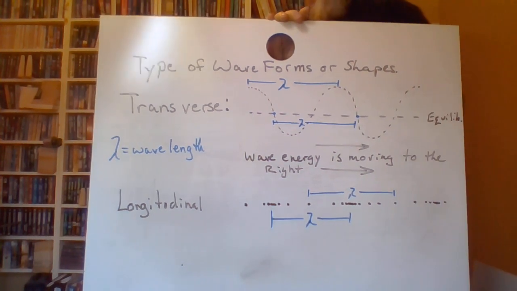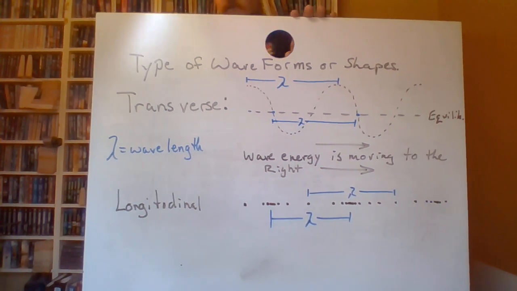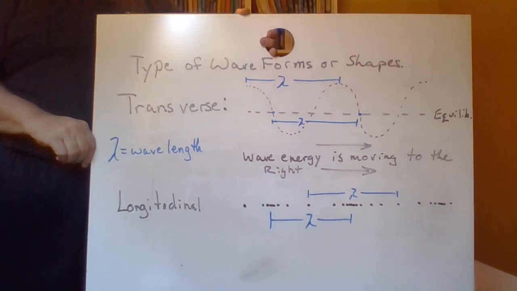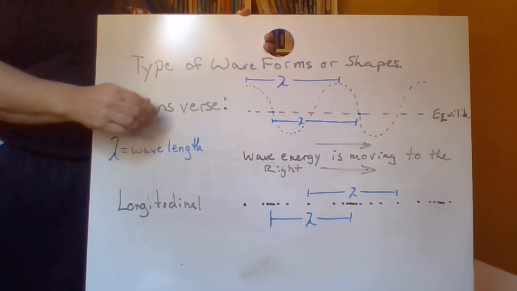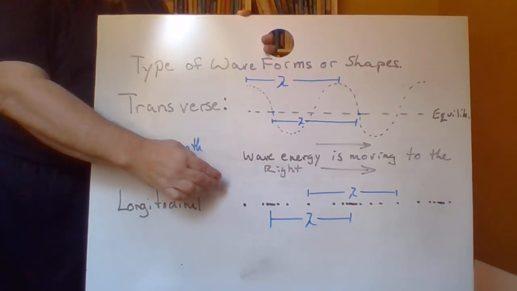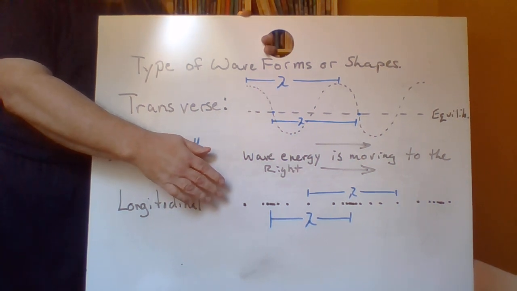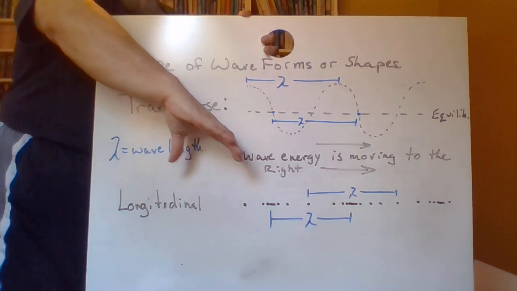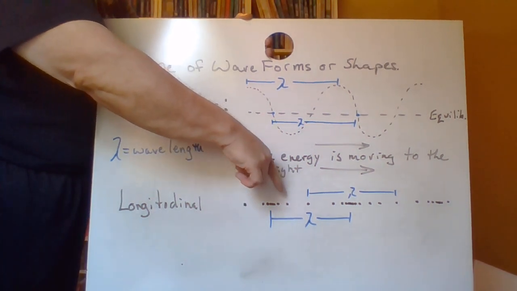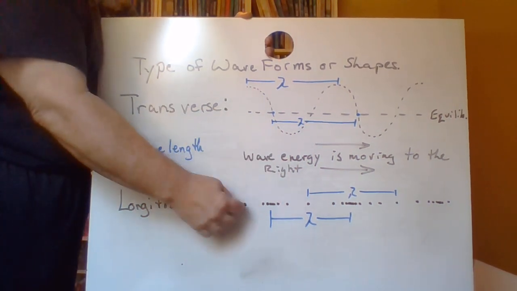Longitudinal waves. We don't see longitudinal waves. They are very hard to witness. We can feel them though. Longitudinal waves are generally pressure waves. Normally, whatever the medium is, think of it as individual